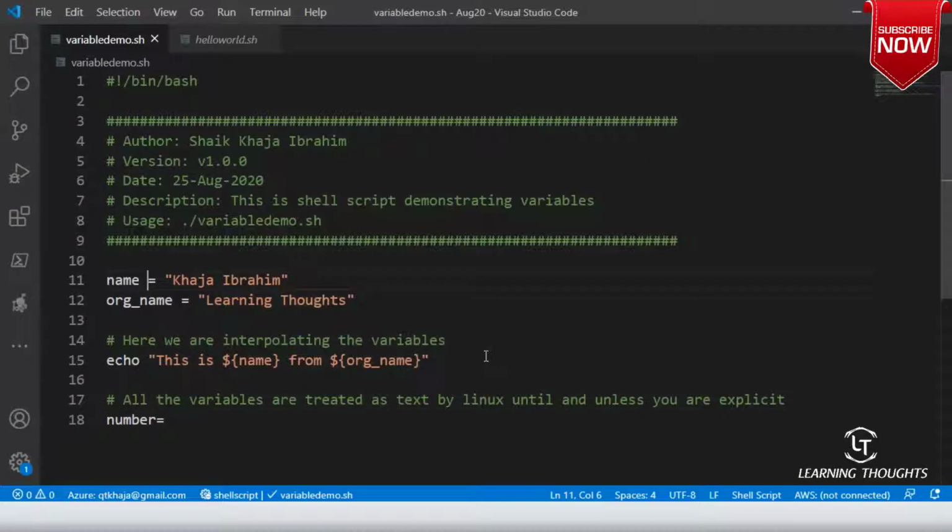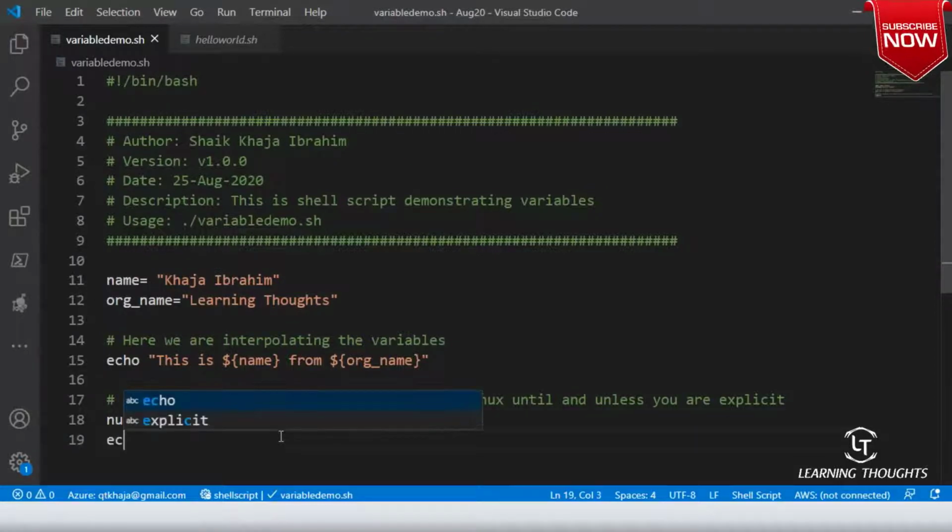Generally, whenever you're writing a shell script, it is a good idea to follow certain conventions, and this spacing is not required. You will not see a lot of people doing that. I'll write number equals 5.